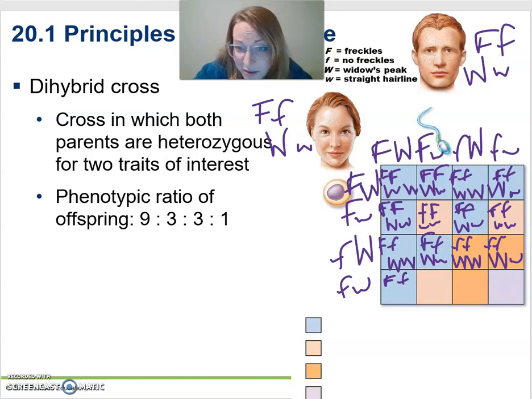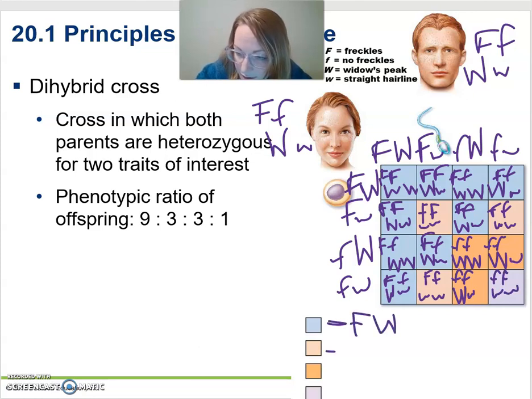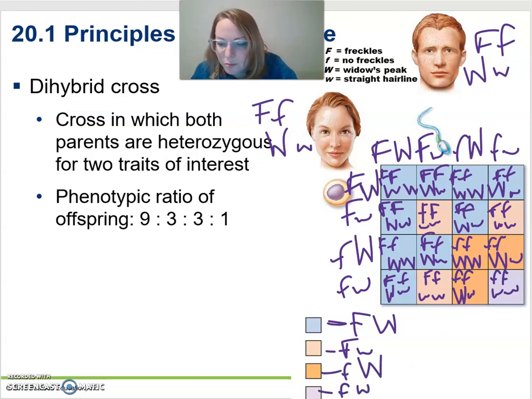And I did these in the same order as the book. I was going to check and I didn't. So this is really exciting. I was just going to see how it went. And then, ooh. So these boxes show what we'll get. So freckles and widow's peak